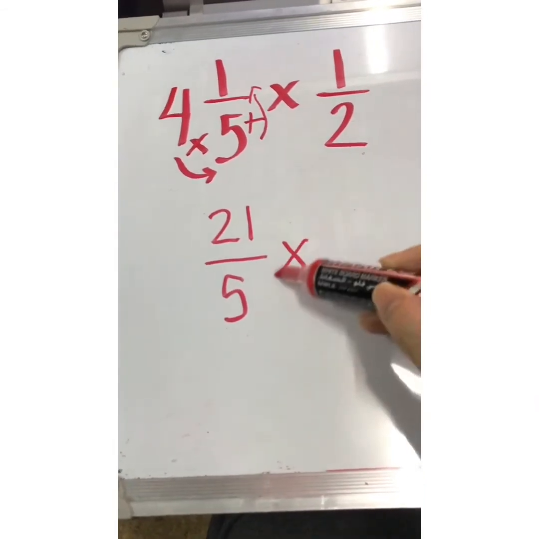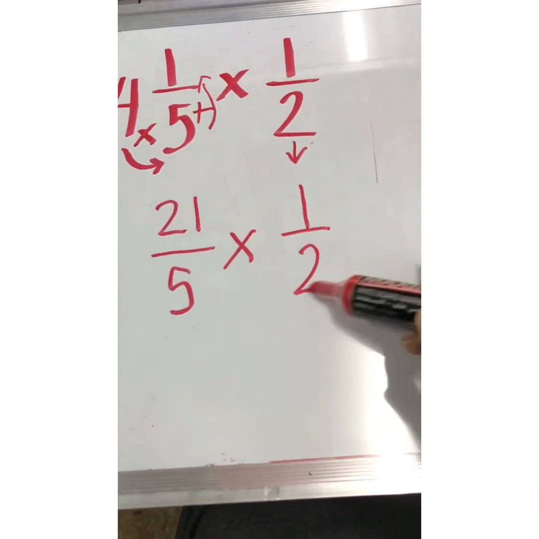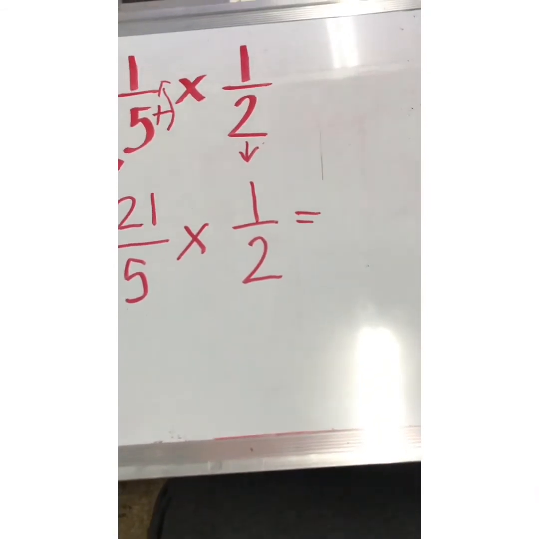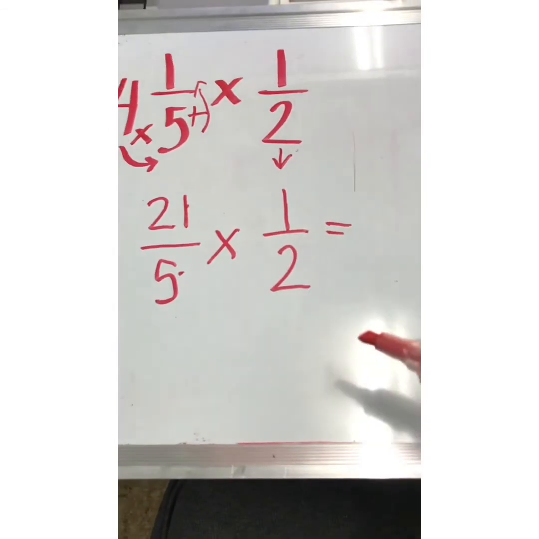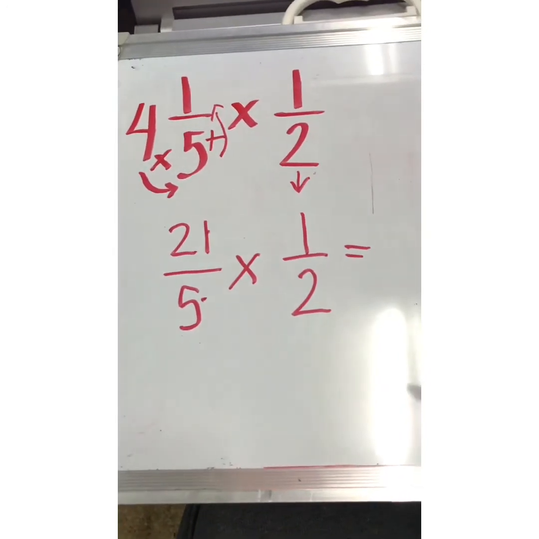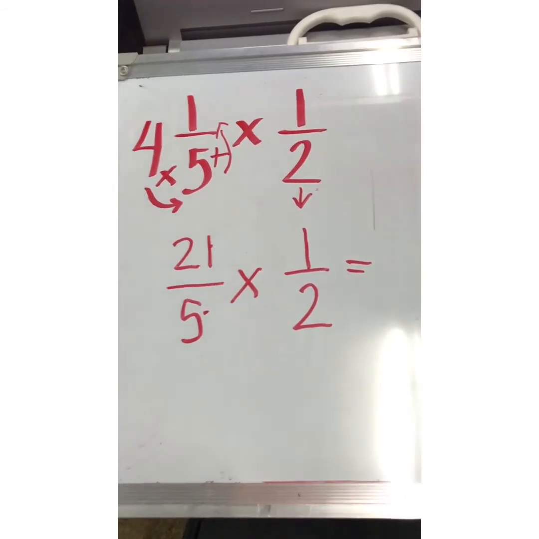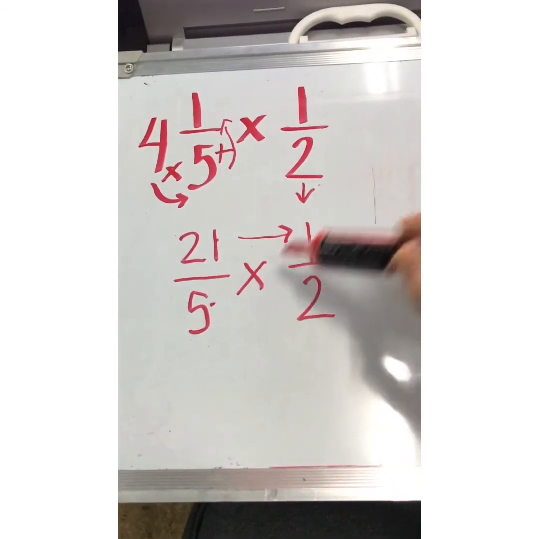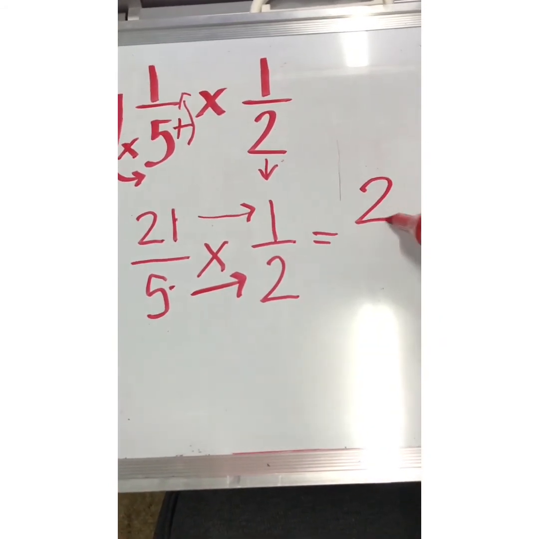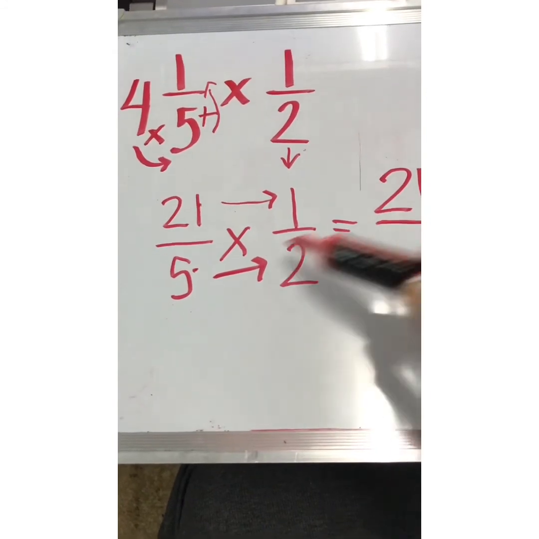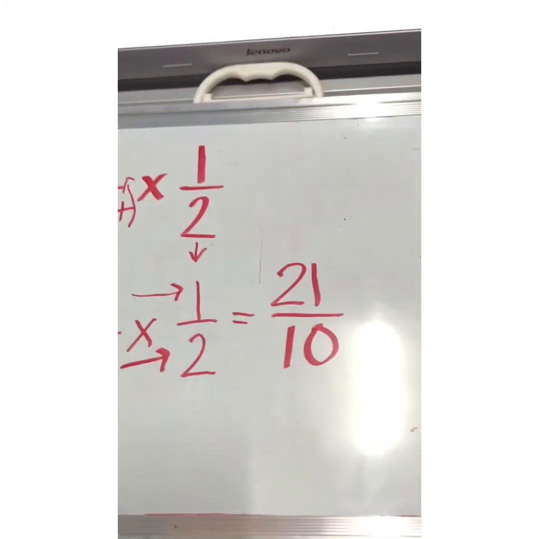Then times this one, it's not a mixed number, it's only a fraction, so you just copy 1 over 2. Since the numbers are big, we have to check if we can simplify. Do 21 and 5 have a greatest common factor? No. 21 and 2, do they have a common factor? No. So we will multiply right away. 21 times 1, we get 21, over 5 times 2 is 10. Right. Since the answer is improper,